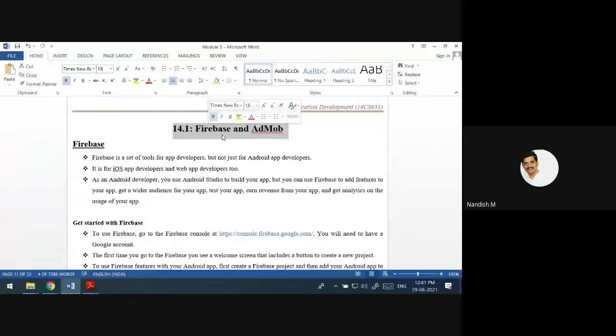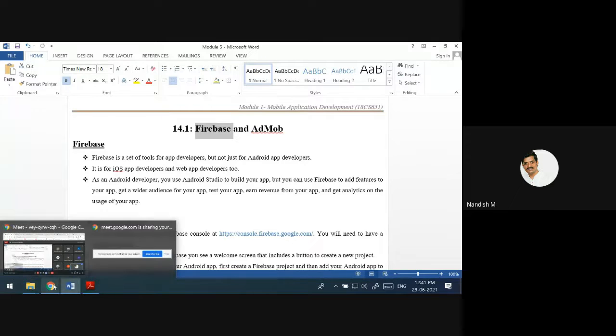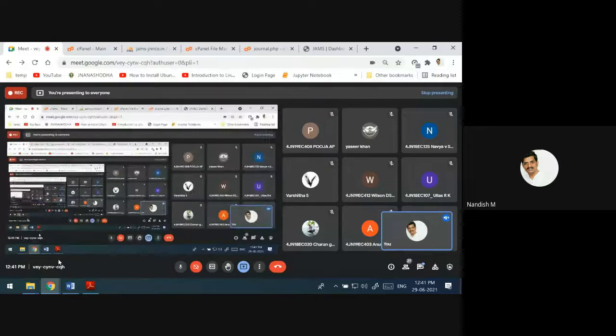One of the databases they use is Firebase. I think you have heard this name, Firebase. This is what they use to store some data of your app.